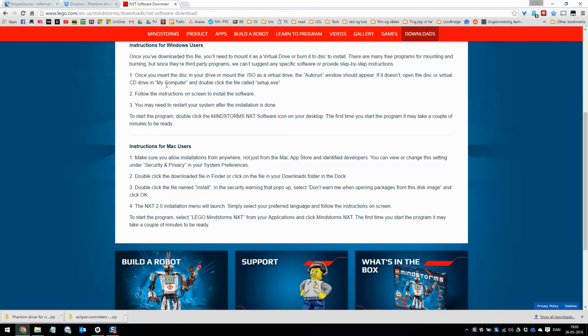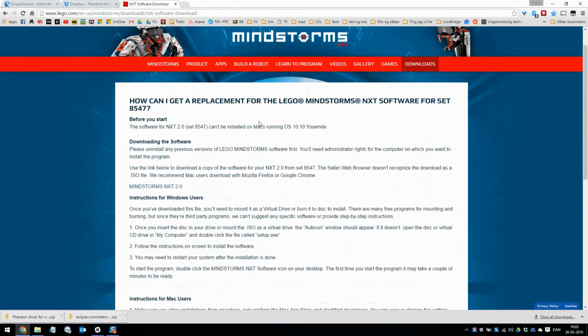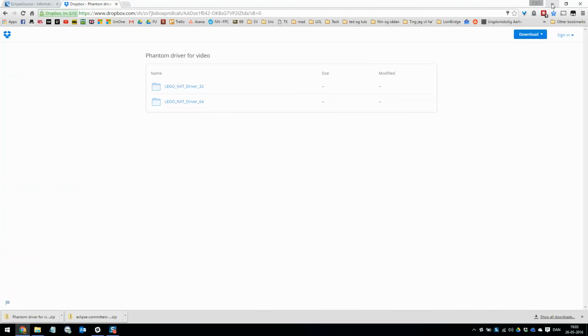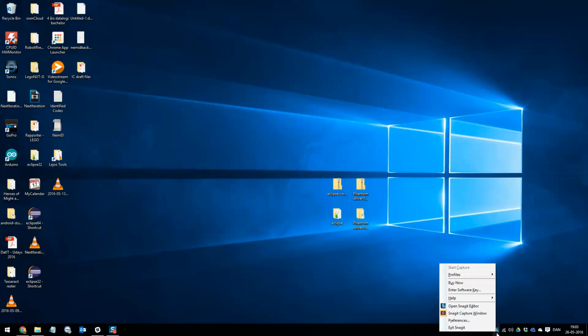Just download this large install, about 600 megabytes, and install the software, and it should be able to reflash the NXT to its factory settings so that you can flash it again with Lejos. Please do note that there are many issues related to this, and this is only fixing some of them.